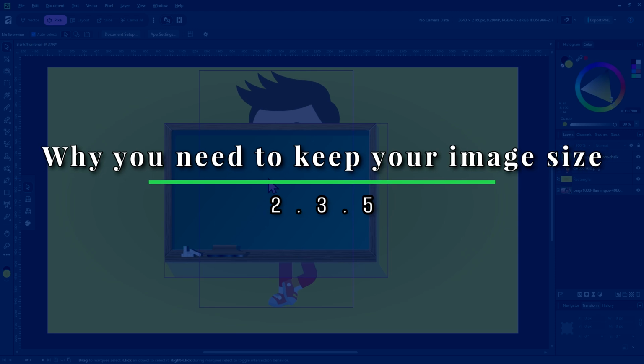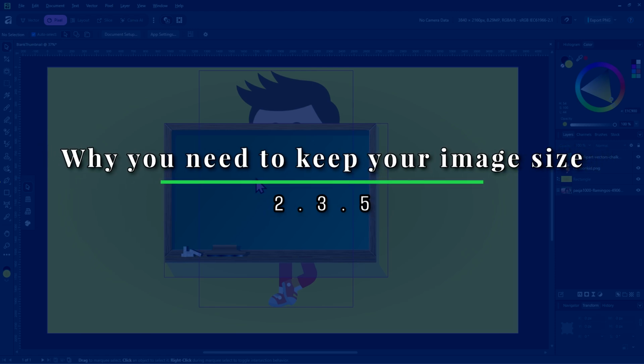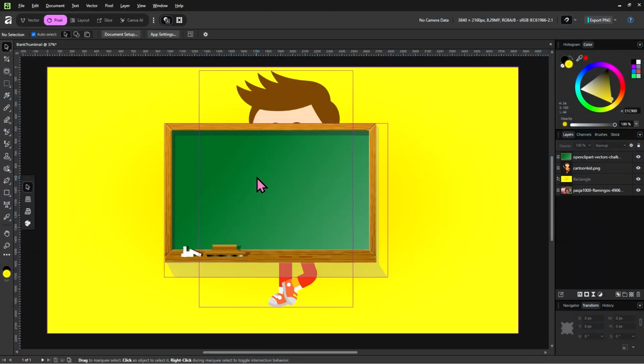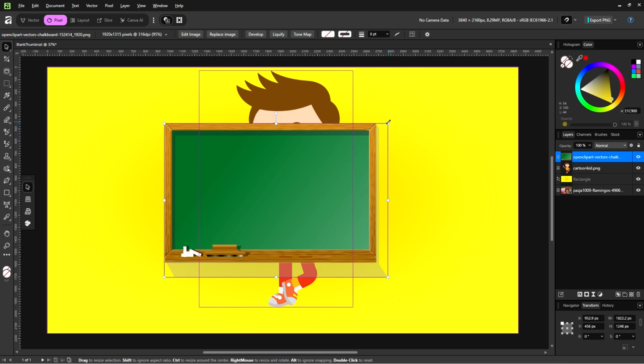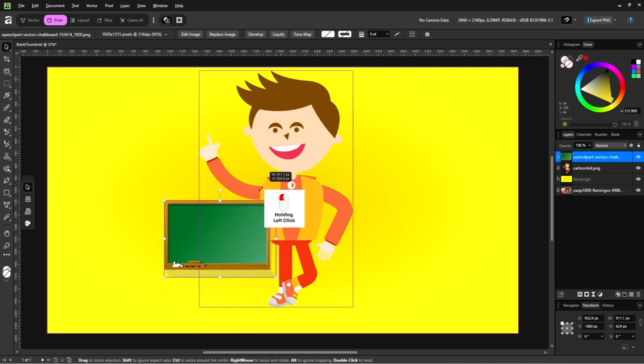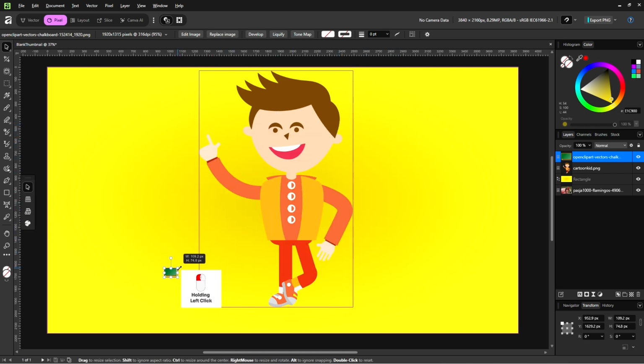Now, one thing that you should know about images in Affinity is that it is absolutely recommended that you size them how big they should be before doing anything to them. And the reason why that is, let me scale down this image of the chalkboard to be really small.